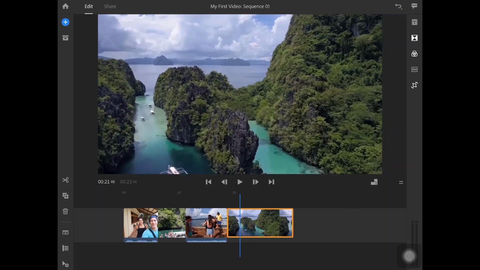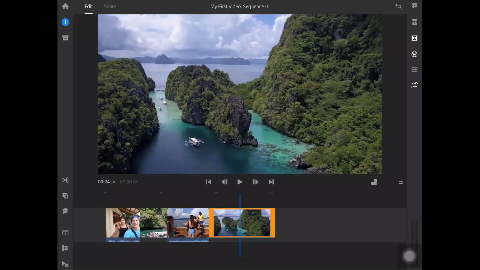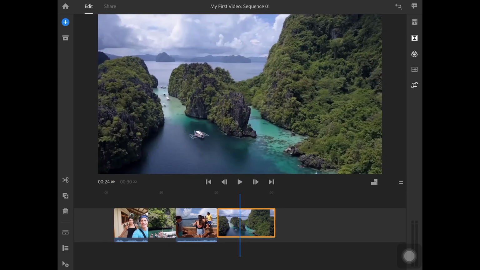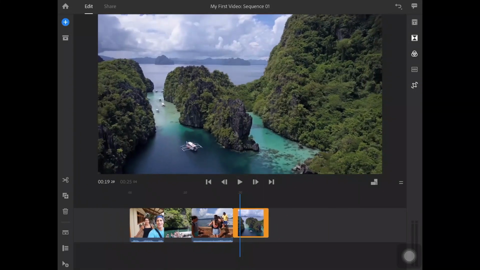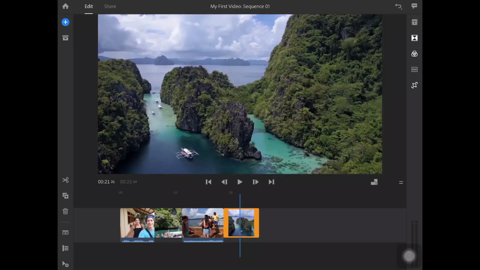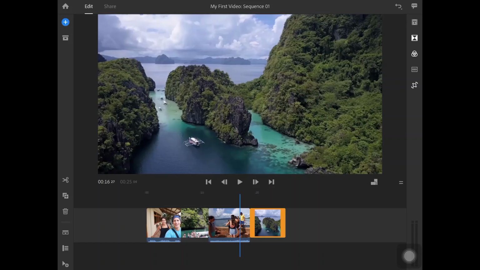Now I can do this the other way around also. Maybe if I placed it here, now I'm exactly at the midway of the fourth clip, and maybe I don't want the first half. So what I do, I touch and hold the left handle this time, and I again drag till the playhead. So what did I do? I eliminated the first half. So this is another way of editing faster. You need not use scissors and then delete every time. Sometimes it's very intuitive. You can just hold and drag until the point you need, and that's all.